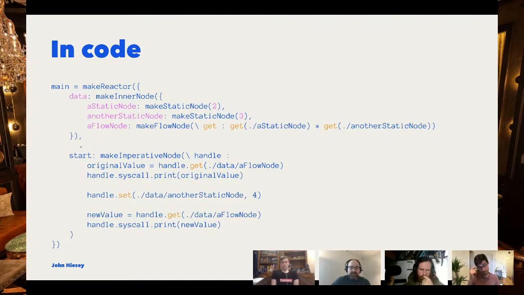Relative to this node start, you look in the same parent node, look up data, and then a flow node. So you pass in this path, you call get, this value will be 6, then I can print that out. Then what else I can do is set another static node to 4. Just like in Excel, you could just type into the cell and change the value to 4. And now the value automatically updates. So if I call get again and I print the new value, now it'll print 8 instead of 6.